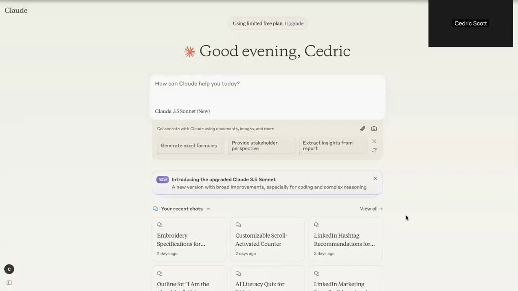I've even used Claude to produce code. I don't personally know how to write code. I learned a little bit of JavaScript at one point, but I'm not a coder or anything like that by nature. But I can use Claude to actually create and write code that I can basically copy and paste and embed onto a website.